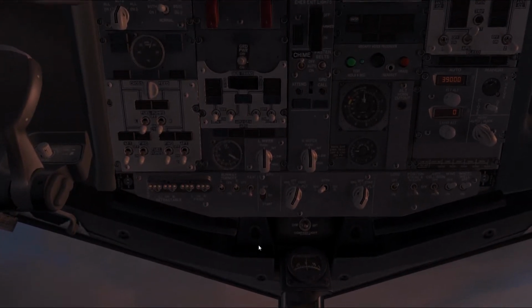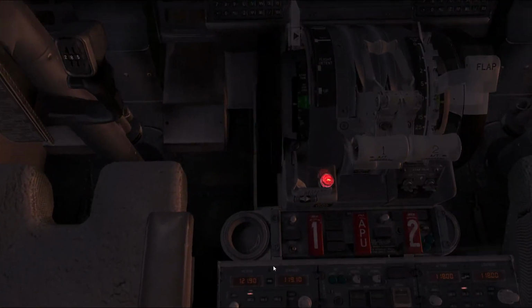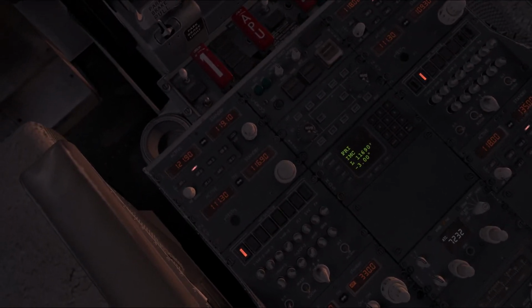Atlanta ground, Giant 554 with Oscar looking to pick up our IFR. Giant 554 Heavy, Atlanta ground. You're cleared to Toronto International Airport by the Smoky departure, Bob transition, then as filed. Climb via the SID, departure frequency 127.9, squawk 7...